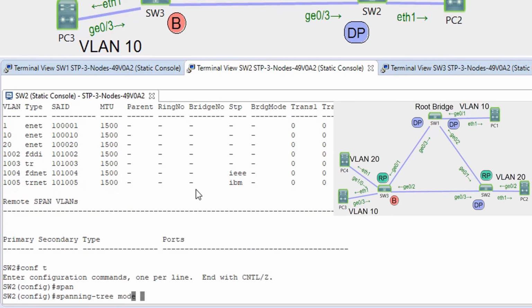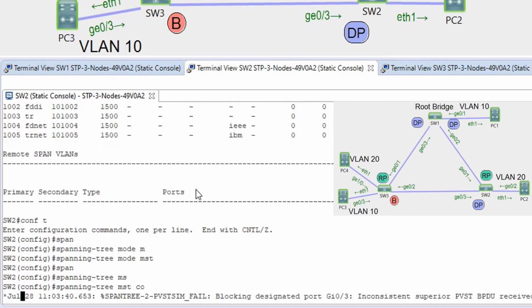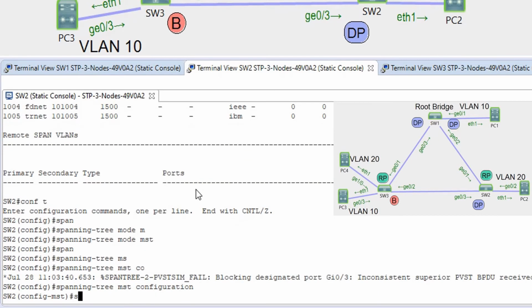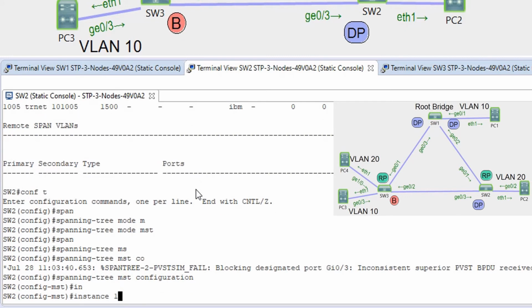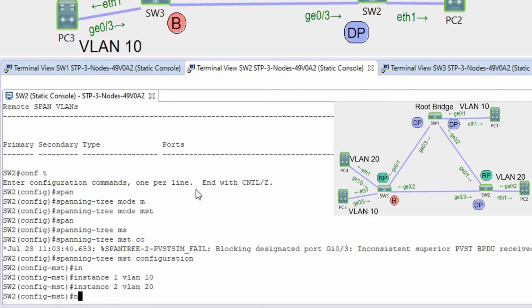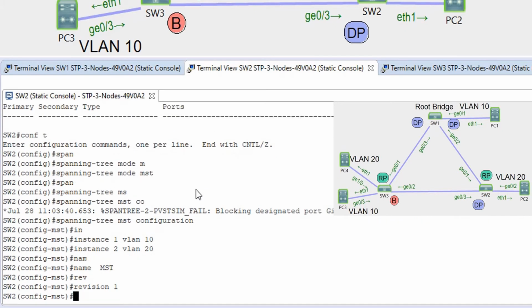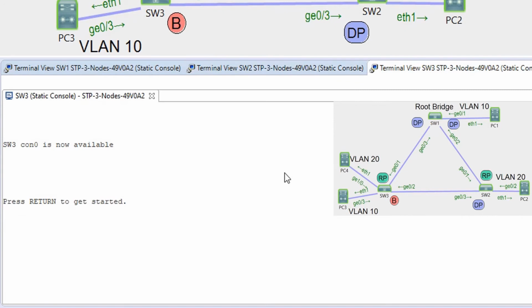Spanning-tree mode mst, spanning-tree mst configuration, instance 1 VLAN 10, instance 2 VLAN 20, name MST, revision number 1, and the last switch